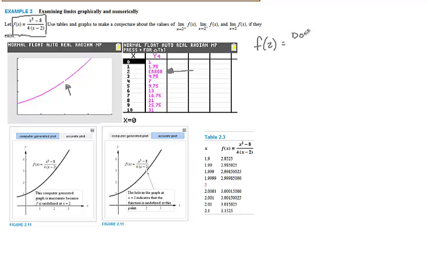So f of 2 does not exist. We'll call that DNE, because that would make that denominator 0. However, I will have some limits that are occurring here. When I look at these two,